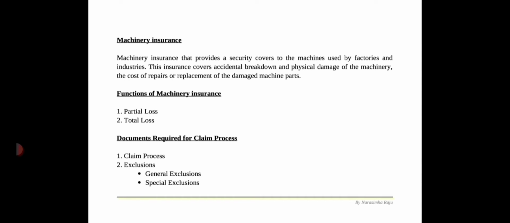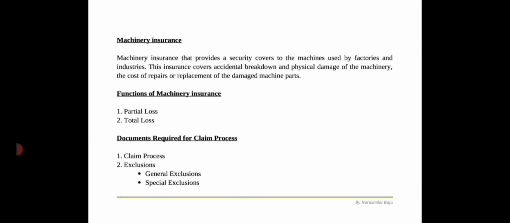And coming to the documents required for the claim process of machinery insurance, they can be explained as below in the form of the claim process. The claim process of machinery breakdown insurance varies between companies. Some general steps can be taken by the policyholder to initiate a claim for this insurance. They are: